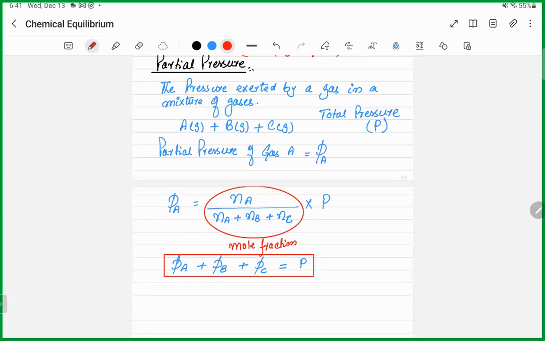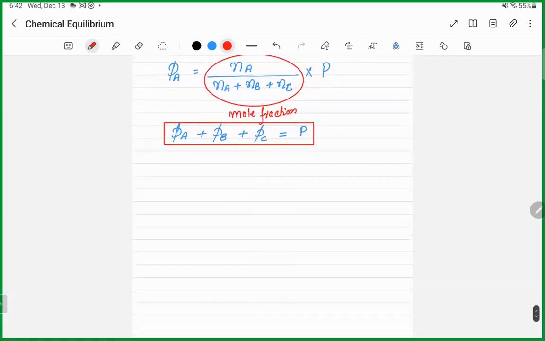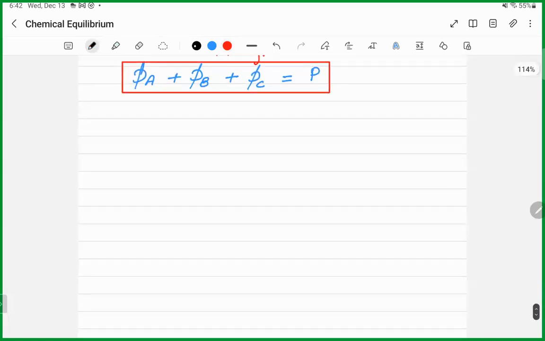If I ask you about what should be the partial pressure of gas B, तो क्या फर्क आएगा इस फॉर्मूले में? ऊपर B हो जाएगा, बाकी सब कुछ सेम रहेगा। गैस C के लिए ऊपर C हो जाएगा, बाकी सब कुछ सेम रहेगा। And to check the answer you have to add all these partial pressures, it must give you the total pressure which is the final answer. ठीक है, क्लियर? तो पार्शियल प्रेशर का कॉन्सेप्ट क्लियर हो गया। Let's move forward and write down the case Kp in terms of